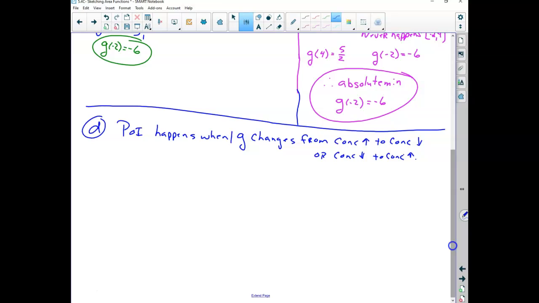Well, that's great. They didn't give me G. Well, what does that mean? Well, if I had a change, what does that mean? Change from concave down to concave up. That implies G prime changes